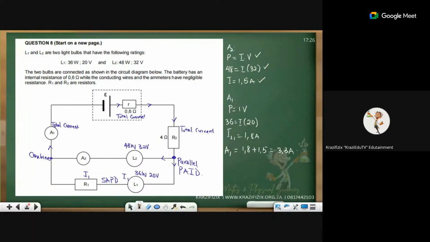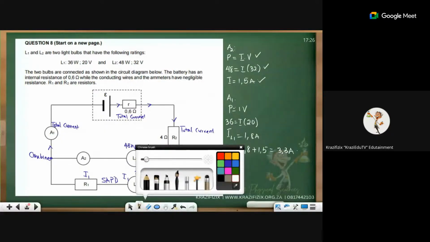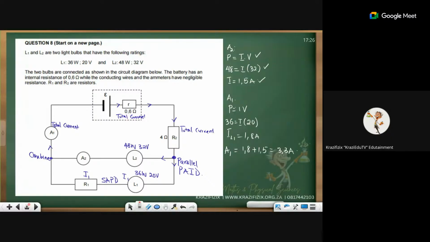Now the voltage here: R1 voltage plus L1 voltage will be equal to L2 voltage. So if you want, then you say 32 minus 20, so already I know this is 12 volts. Why? Parallel are current dividers. The potential difference here is exactly the same as the potential difference here, but the potential difference is now